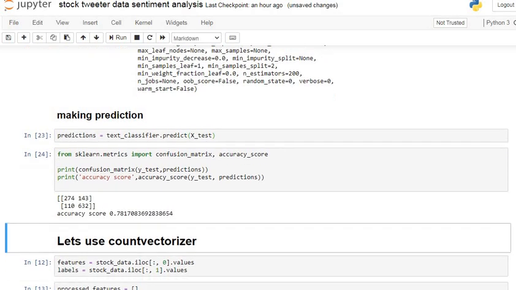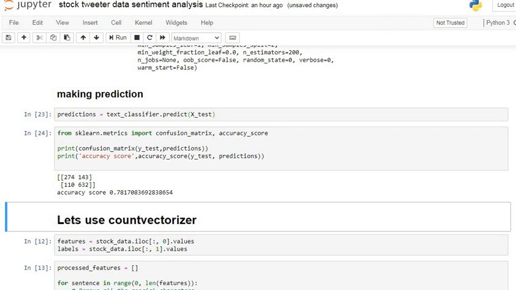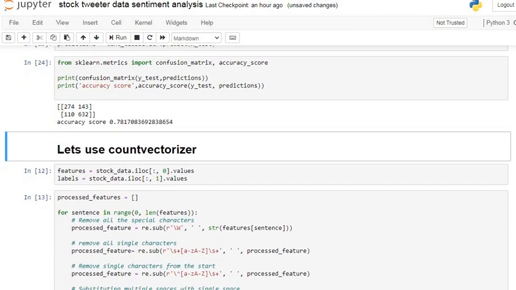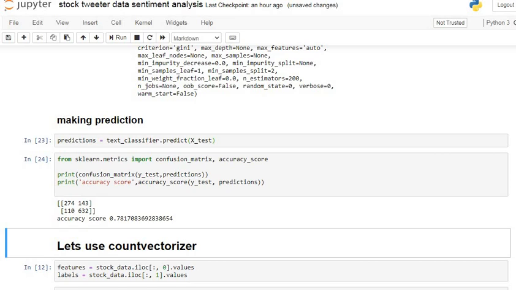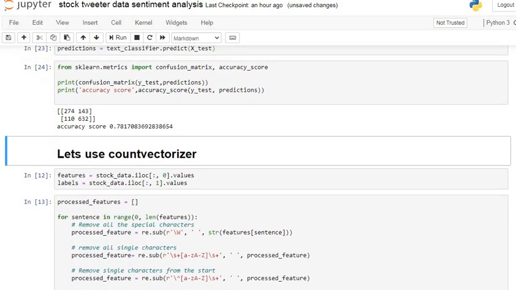Here we can see our model has accuracy up to 78%. It is quite good. This is the confusion matrix. The diagonal elements are well classified data and off diagonal elements are misclassified data. But our model gives somewhat better accuracy, that is 78%. You can use any other machine learning algorithm like support vector machine, KNN, decision tree. Choice is yours. You can choose any machine learning algorithm which fits your data well. So let's go for count vectorizer.